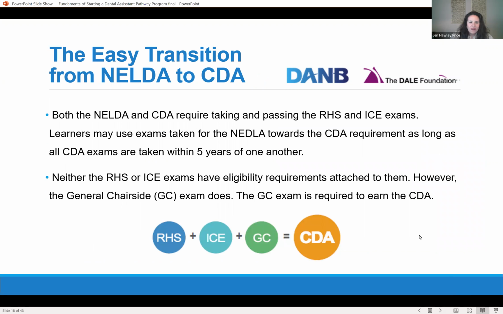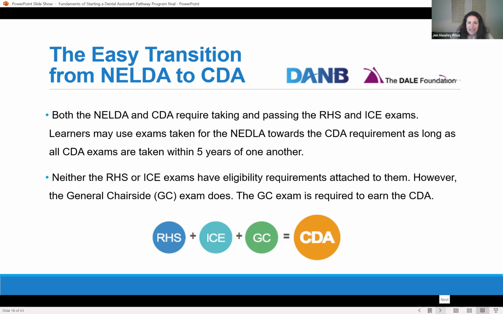So one of the important benefits of NELDA certification and why it makes such a big difference for high school students and or those just entering the profession is it is very easy to transition from that national entry-level dental assisting certification, the NELDA, to the certified dental assisting. So you'll see on the screen, if you look at that visual of the exams required, the RHS and the ICE exams were required to earn DANB's NELDA certification. So if somebody is looking to move on to earn the CDA, as long as they do that within 5 years,